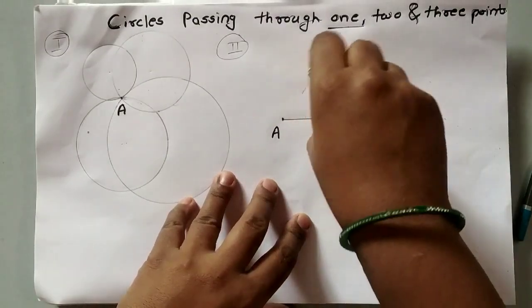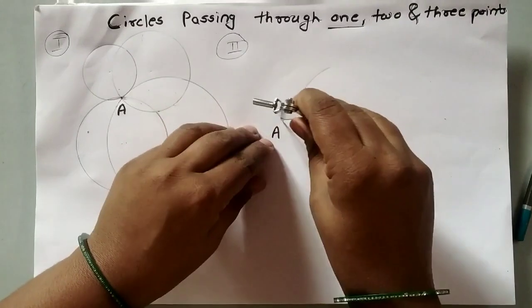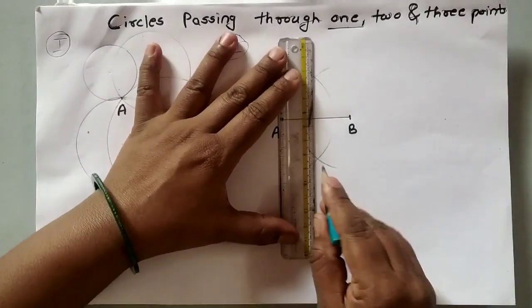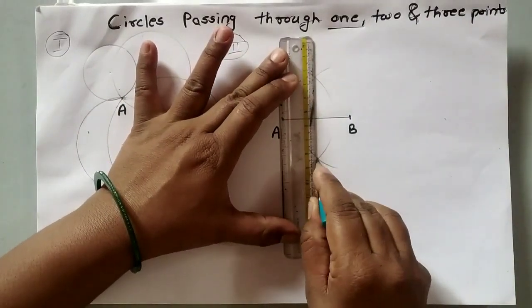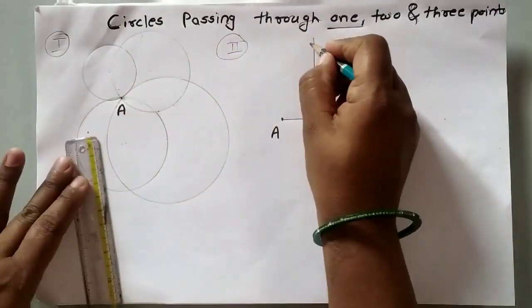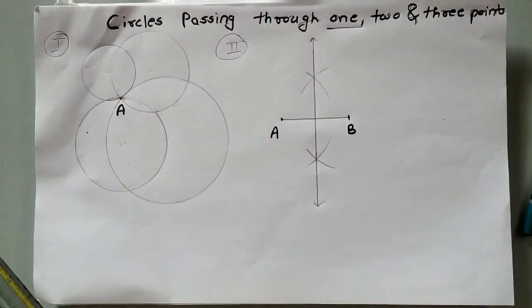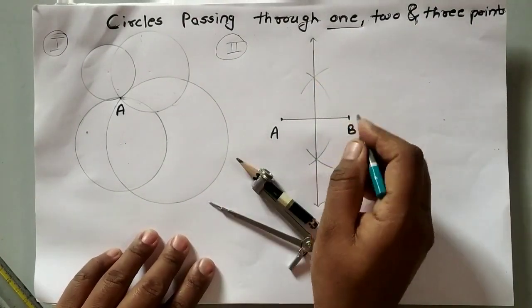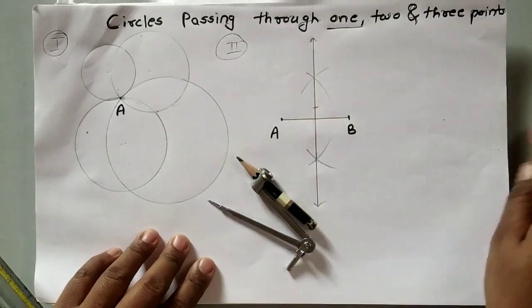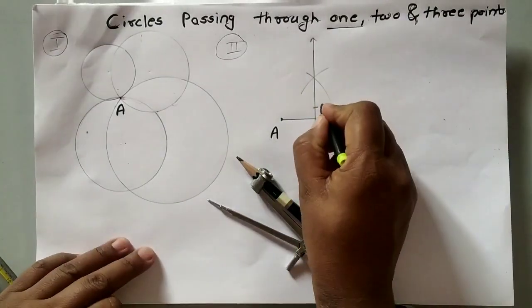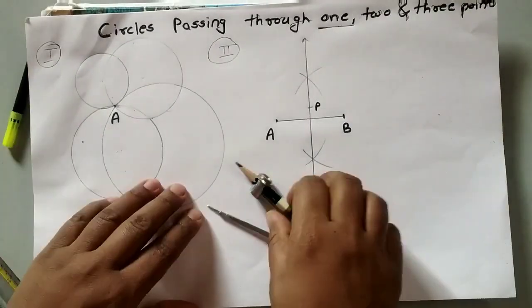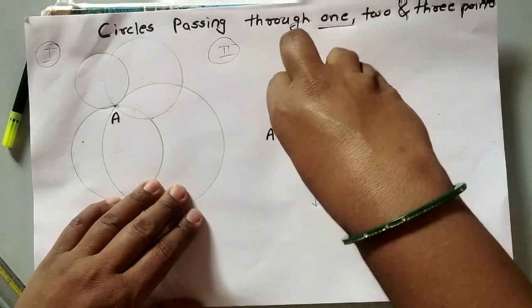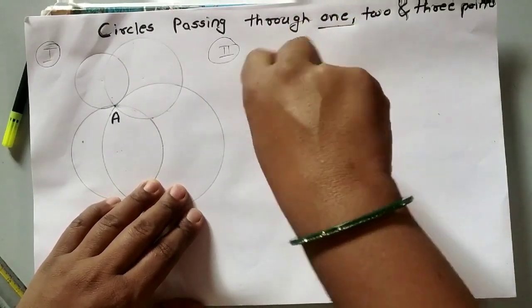Its process is, we have to take more than half the distance of AB, seg AB, and after that just draw the perpendicular bisector for these 2 points. Okay, now you take any radius on this perpendicular bisector. Suppose I took point P here. From this point P, you just take the radius PA, or PB, and draw the circle passing through these 2 points.